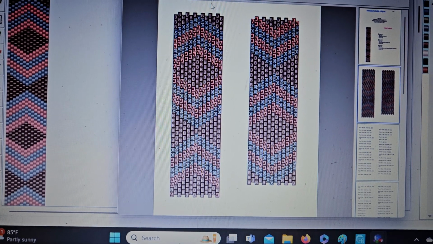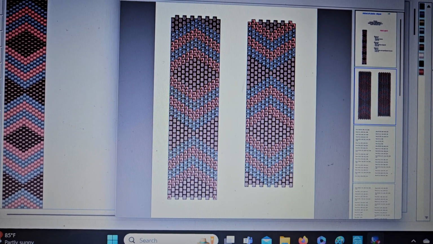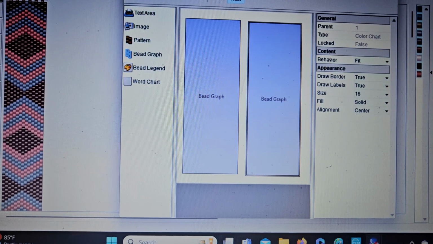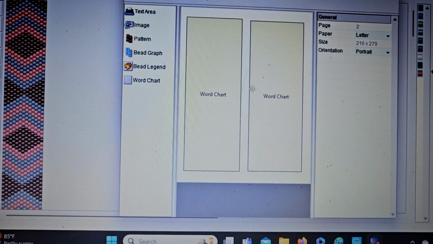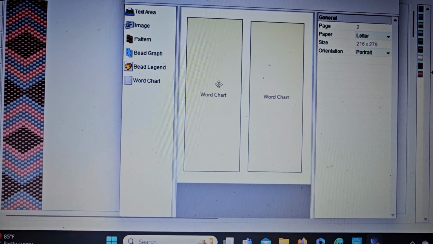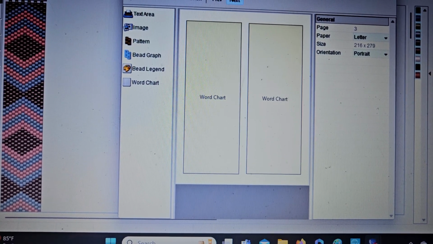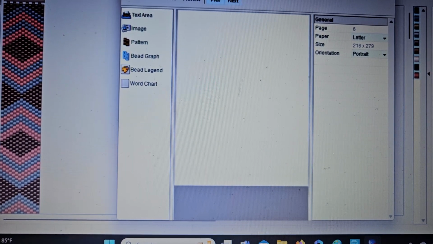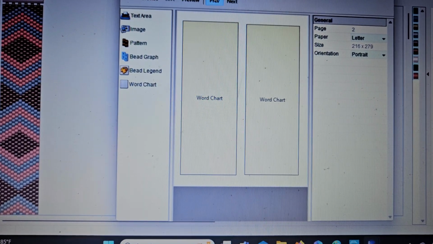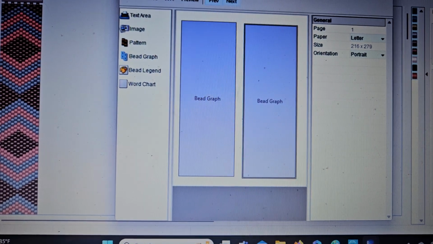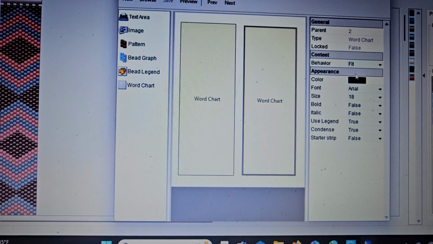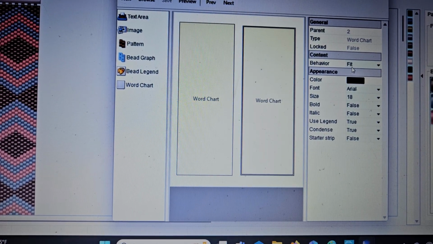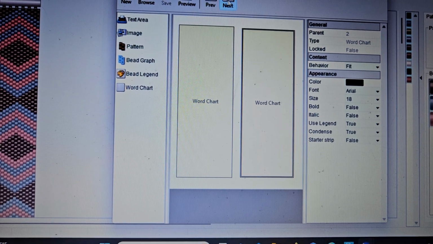And then what I did for the rest of it, for the word chart, I also did the same thing with the word chart. I put them side by side on a couple of pages until there was enough of them to go. See, I've got it as fit,